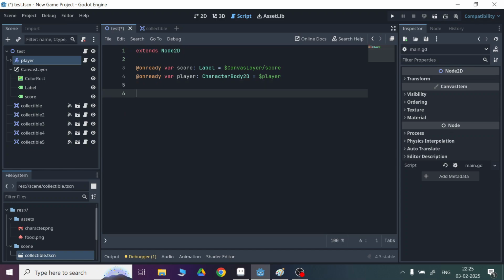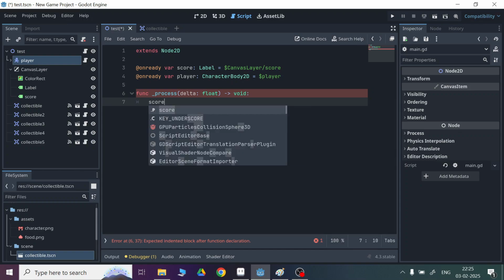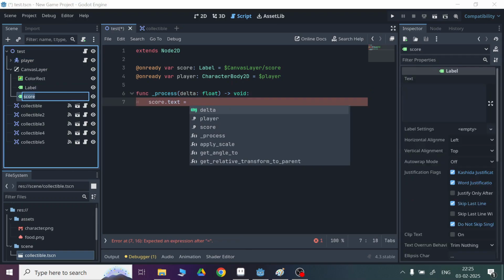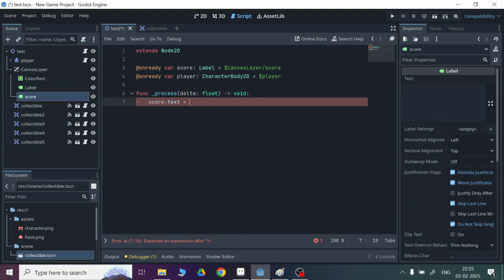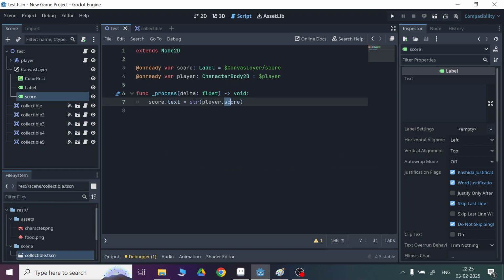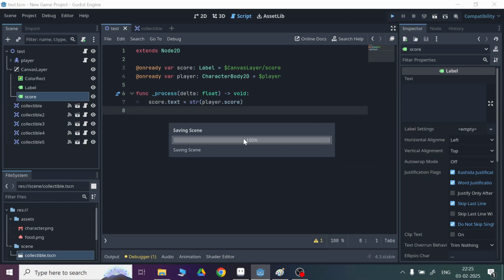So what we will do is basically set the score. We will use the process function here because we need to constantly update the score as the player eats more food. So we will set the score dot text, and what we are doing is going to the score node and setting this property here. We will use string of the score. The score is not here, so for that we will use player dot score. So we will get the score from the player node, and if I run the scene,